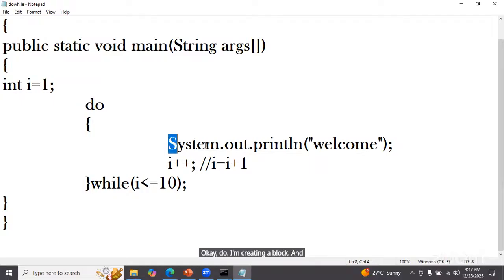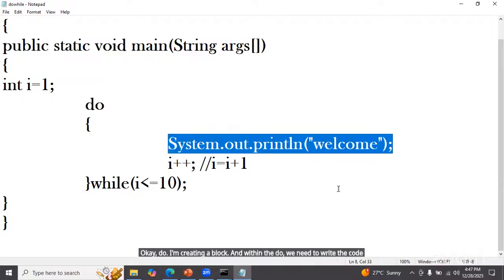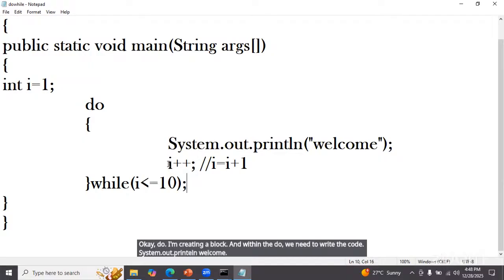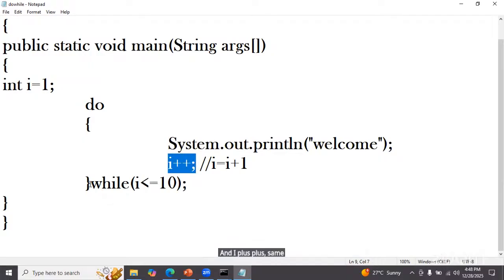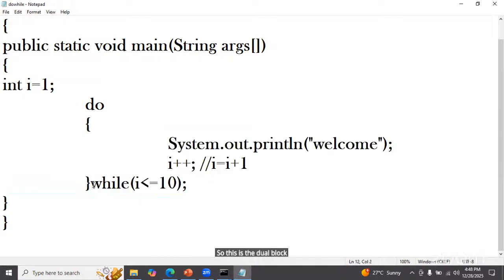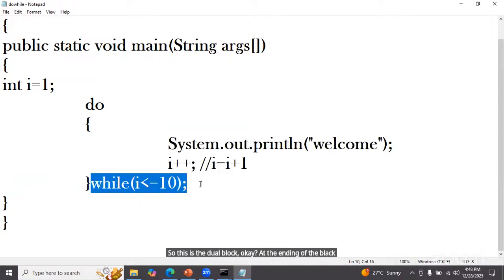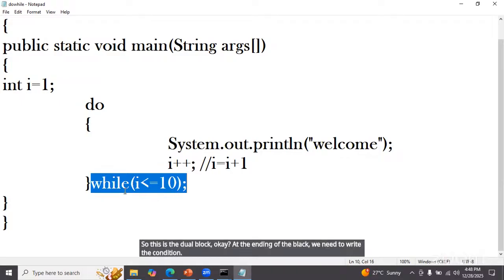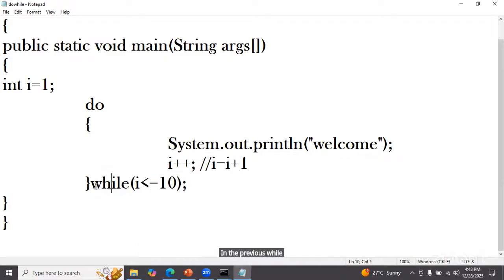Within the do, we need to write the code. System.out.println welcome and I plus plus. Same code again, but at the ending of the block, this is the do while block. At the ending of the block, we need to write the condition. In the previous while structure, we have written the same